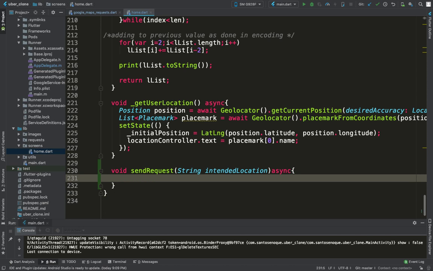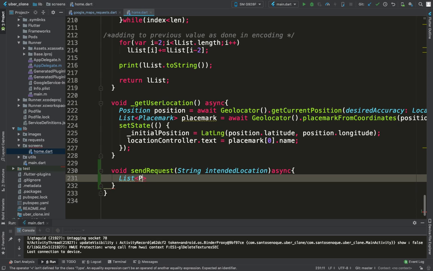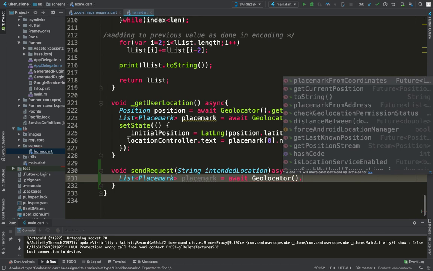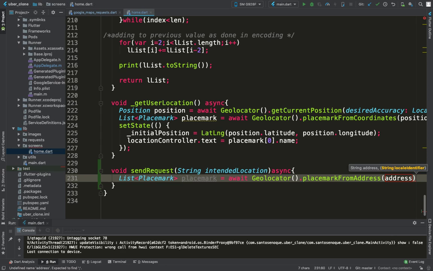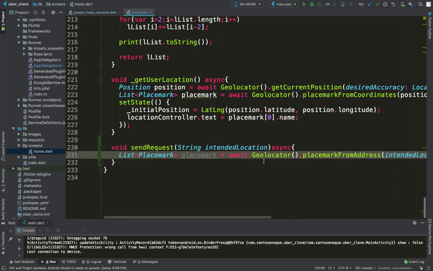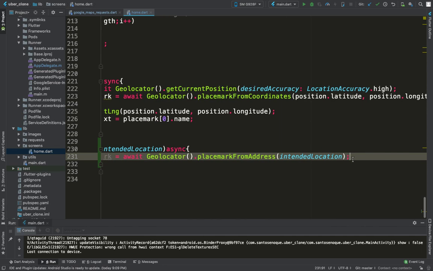And inside of this, first of all, we will have a list of the type placemark. Perfect. From here we are going to await, and we want to await from geolocator, and we want to get placemark from address, and our address is going to be the intended location, where the user wants to go. So this method can convert an address, something typed, into coordinates, and we are going to use that to know where the user wants to go